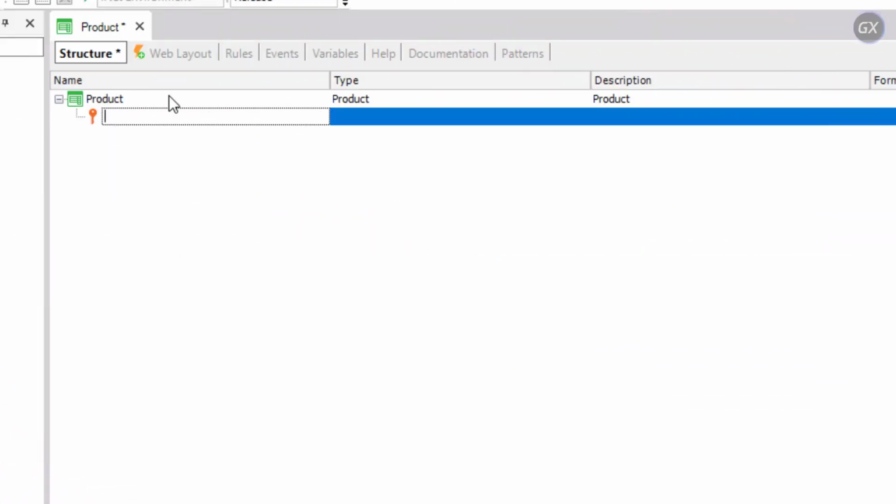Clearly, the primary key of the product transaction will be the product code. So let's define it. By pressing the period key on the keyboard, GeneXus will automatically show the transaction name as a prefix in the attribute name. You'll only have to type code after the product prefix. Then, by clicking on the Tab key, you can choose the data type to be stored for this attribute. The default data type is a 4-digit number with no decimals. However, the pharmacy requested that product codes should always have a numerical value of up to 10 digits, so you have to change its length to 10.